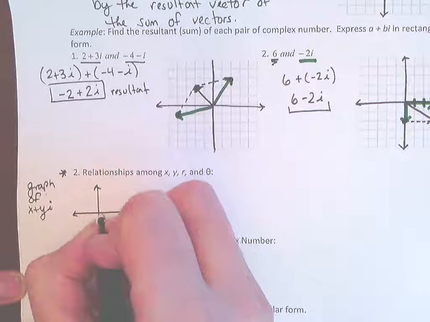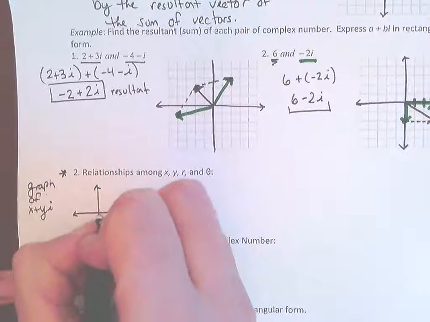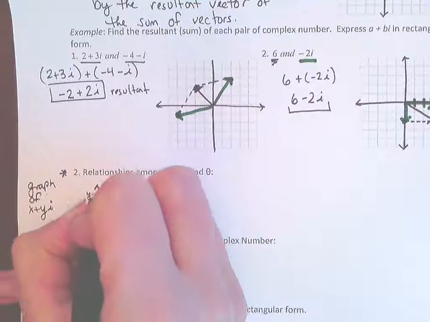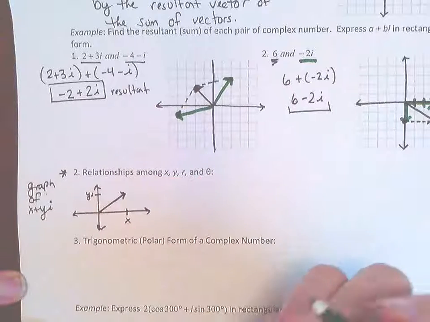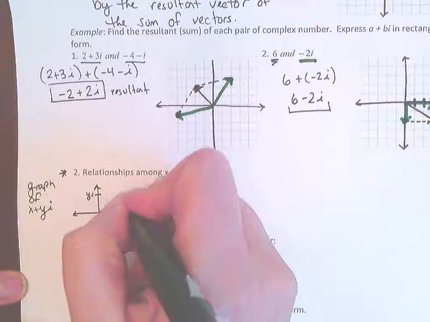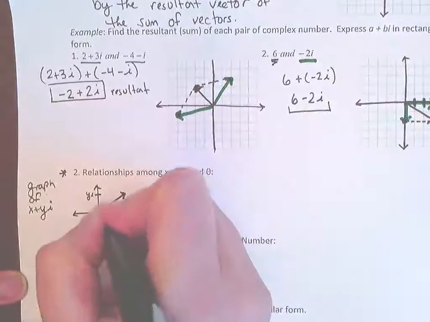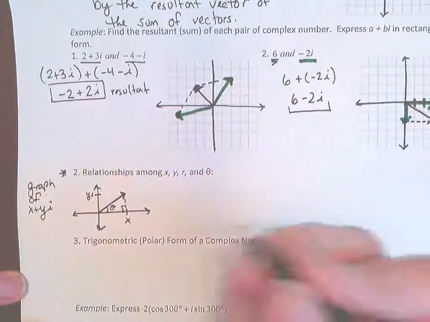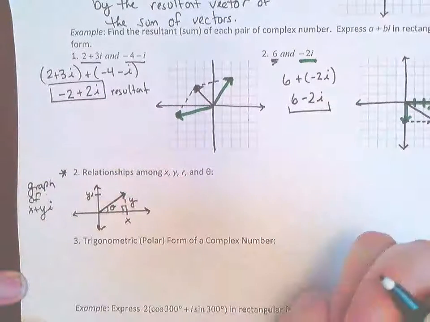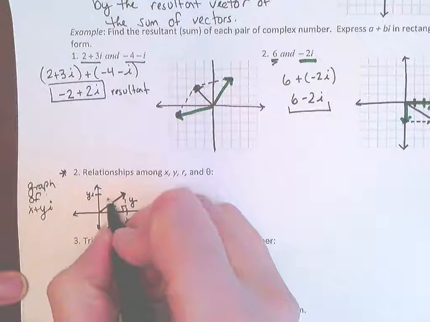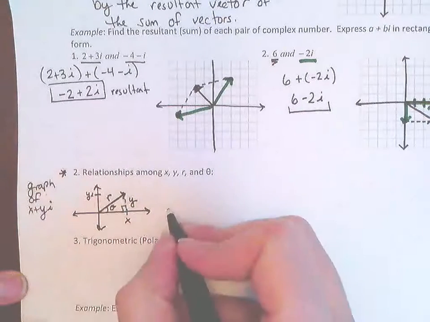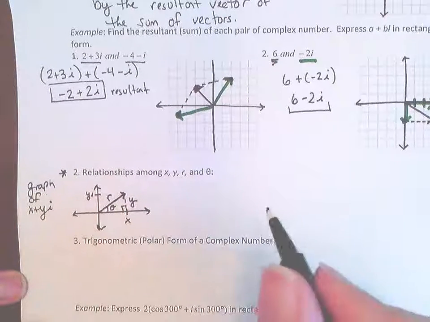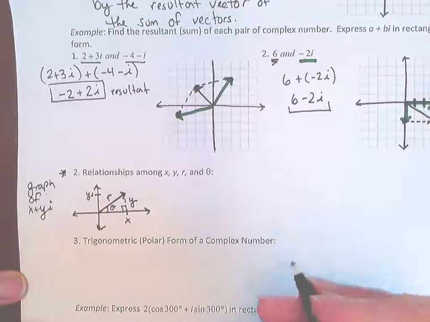So if I was to graph it on the real axes, let's call this x, and this yi. When we graph this, we end up with basically a right triangle. This is theta, this is your y, and this is your radius, or your r in this case. So knowing that for every single complex number that is graphed,